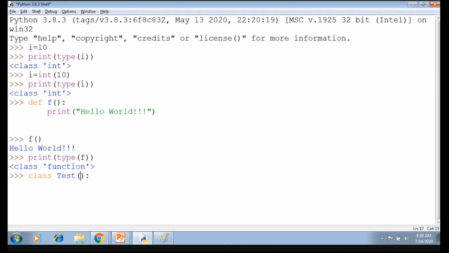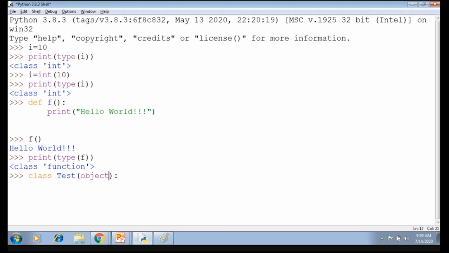Every class is going to have a parent class. Either you have provided it by doing inheritance, or by default there is the object class. So remember, in Python, every class is ultimately derived from the object class. Who is the ultimate root of all classes?